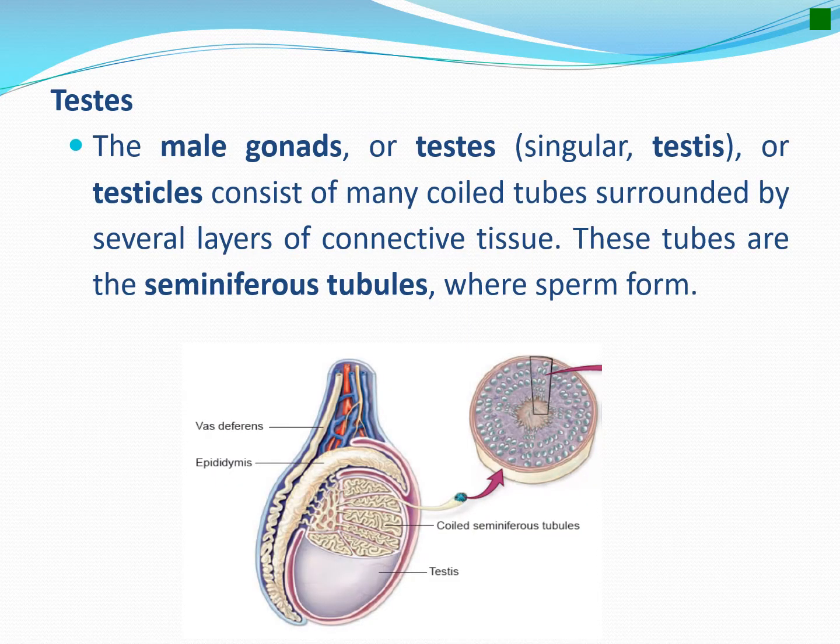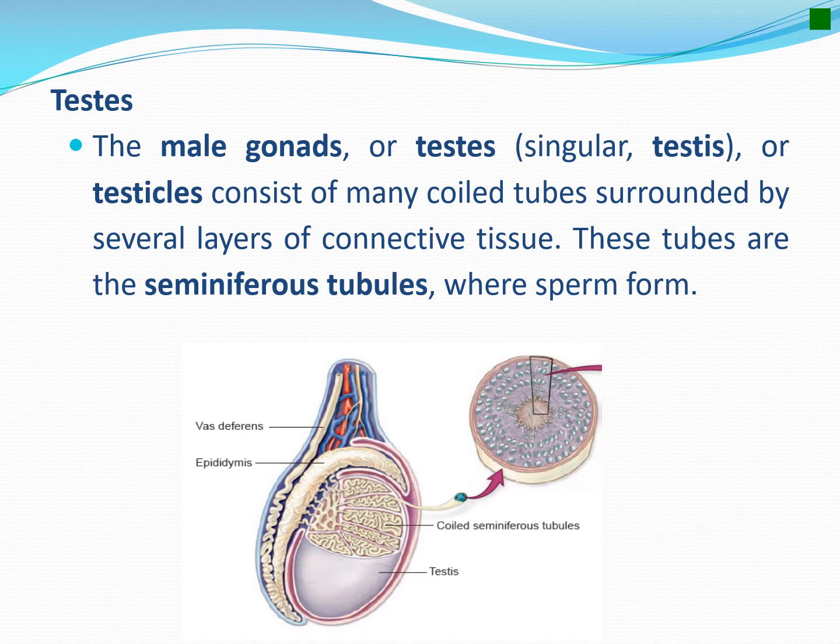Let us now begin with external organs. Testes, for instance. Testes are the male gonads that consist of many coiled tubes surrounded by several layers of connective tissue. These tubes are the seminiferous tubules where sperm form. You should remember that testicles or testes assume a double function. They are used as gonads for the production of sperm cells or